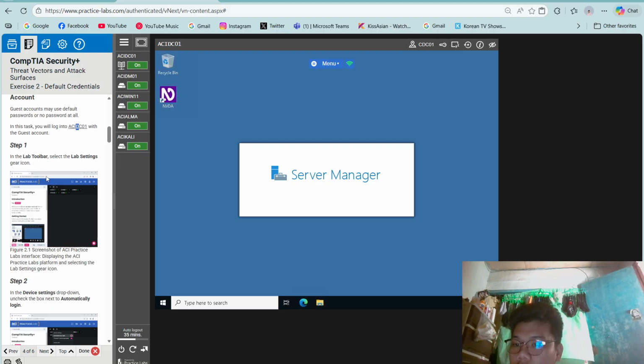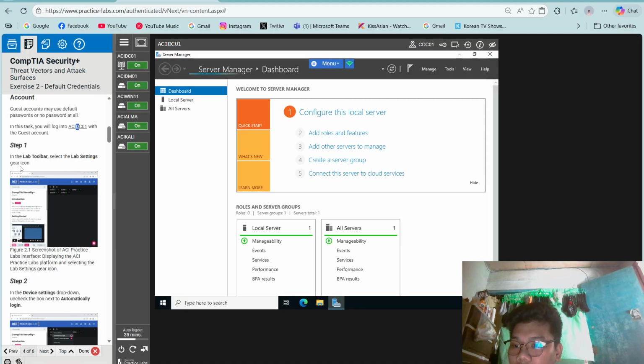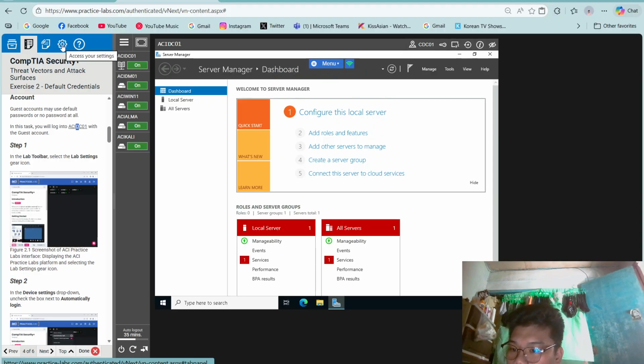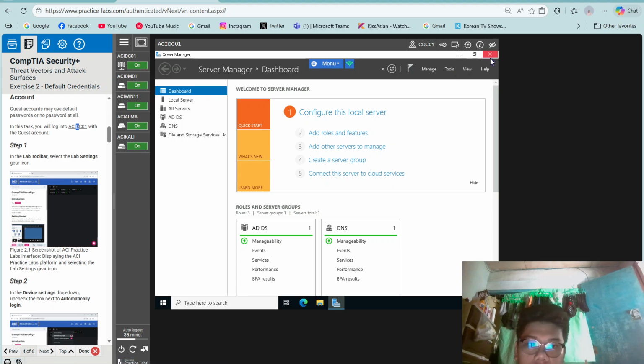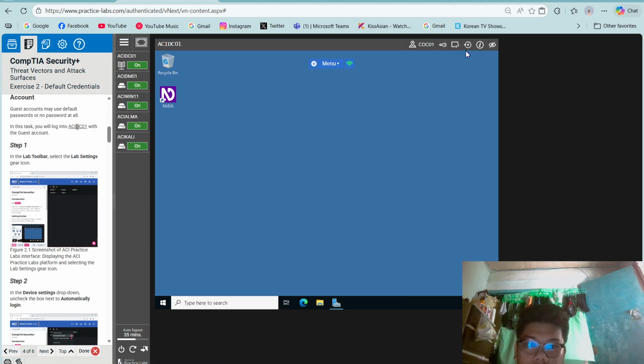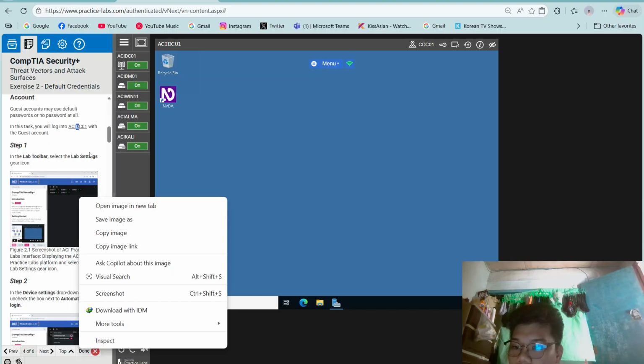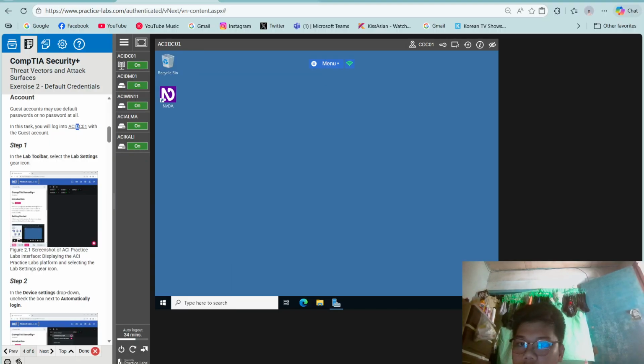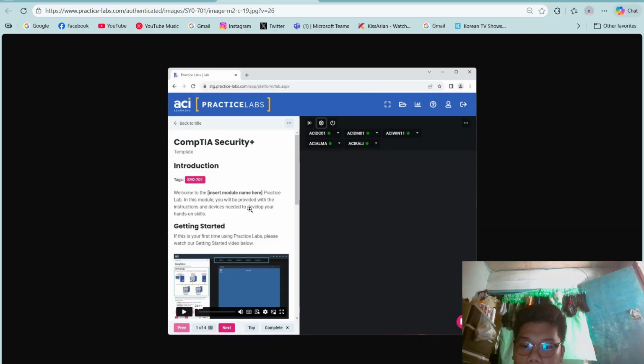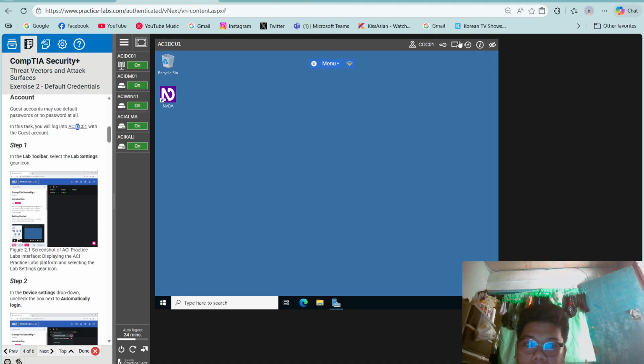In the lab toolbar, select the lab setting gear icon. So if you're not sure what you're going to click, so settings.